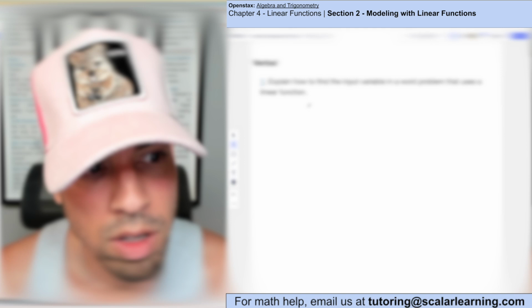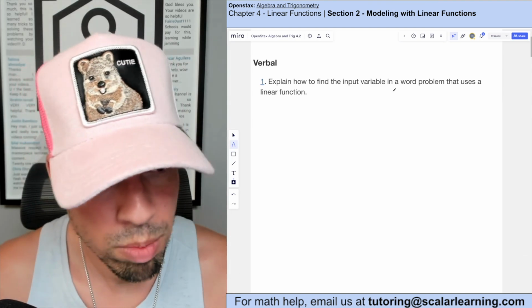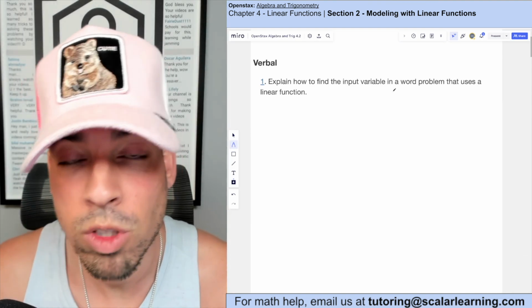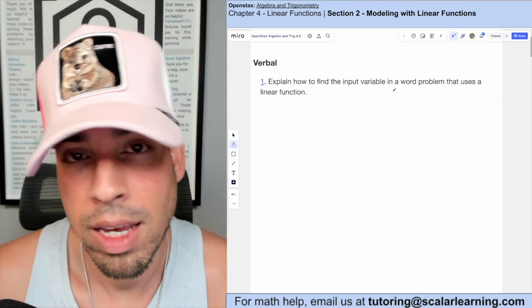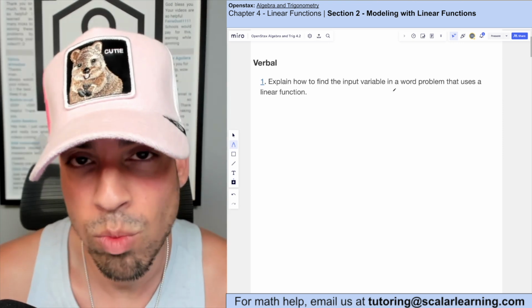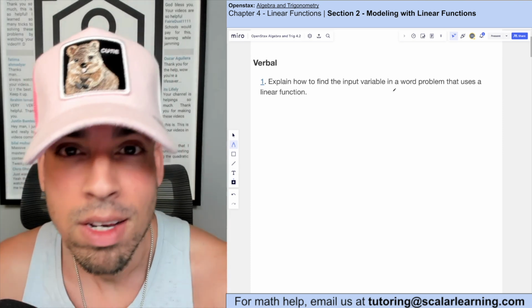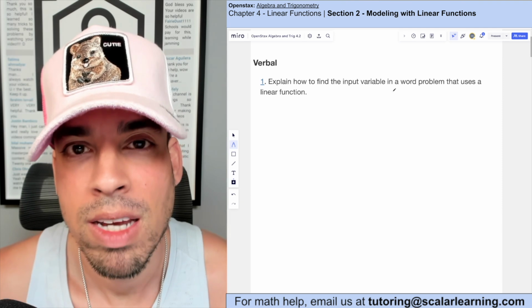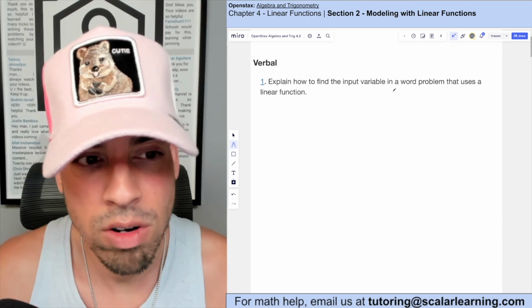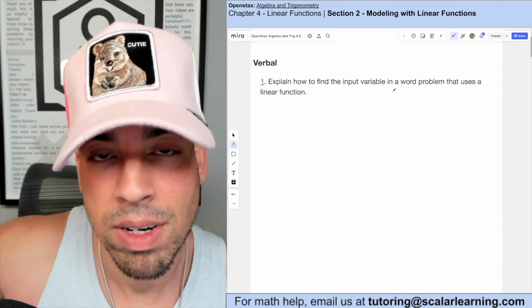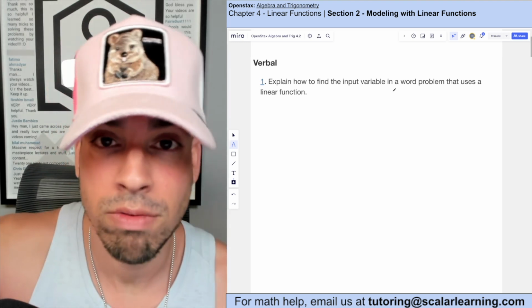Let's do it. Explain how to find the input variable in a word problem that uses a linear function. So when we're talking about an input variable, the input variable is almost synonymous with the independent variable. Now, for a linear function, in most cases, that's going to be x. But now, if we're talking about a scenario, it's going to be the variable that is influencing another variable, aka